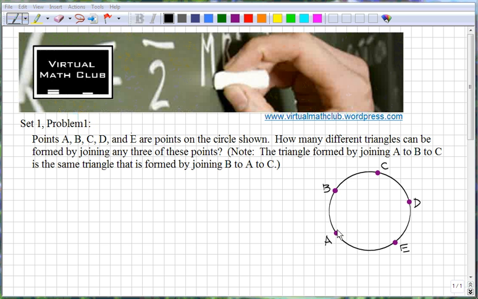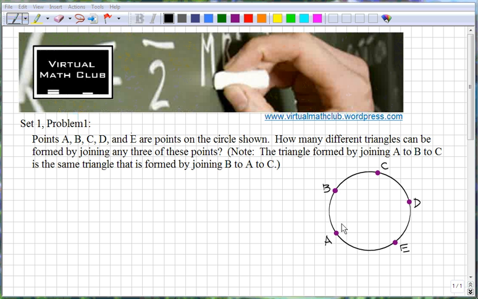One way is to just work very systematically and list out all the sets of 3 points that you could pick to form a triangle, because any 3 points that you pick, if you connect them up, it's going to make a triangle. So one way is just to work very systematically. Start with point A, connect A to B and find all of the triangles that you can form with a side AB, and then connect A to C and find all the triangles that you can form with AC that are different from the triangles that you found using the side AB,